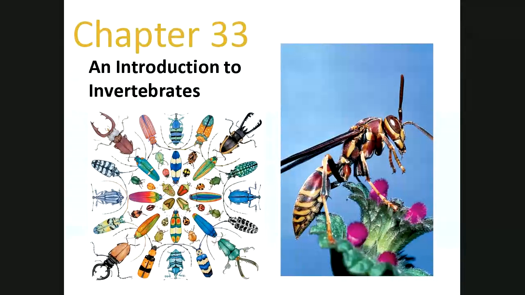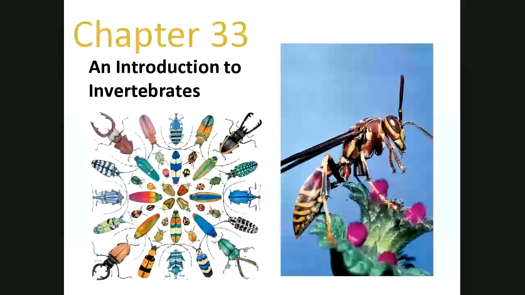Oh boy, so now we move into a really, really big chapter, chapter 33. I say really big chapter in terms of the stuff we're going to talk about and how much we're going to talk about. There's just a bunch of invertebrates we need to go through, and we need to discuss the differences between them and put this all in the context of what we put everything in context before the semester, and that evolutionary significance.